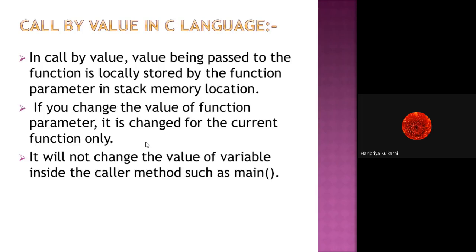As we have seen, a function is a small program. There are some variables which are live only within the function. They are not visible in the main program. Do you understand? The main program is a separate program, and the function is a separate program. So we are going to call the function in the main program. So there are some variables which are live or visible only in the function,